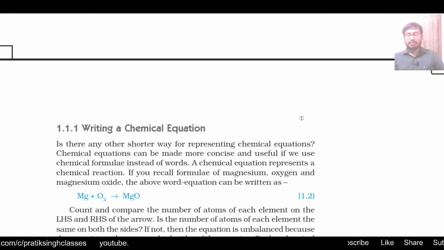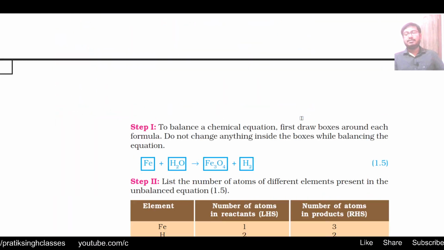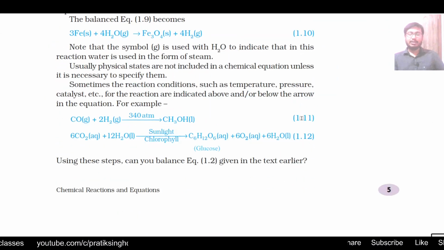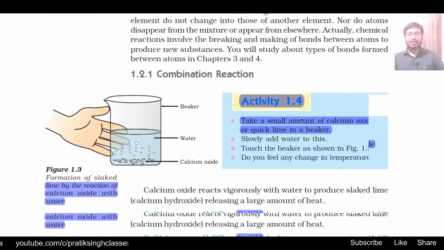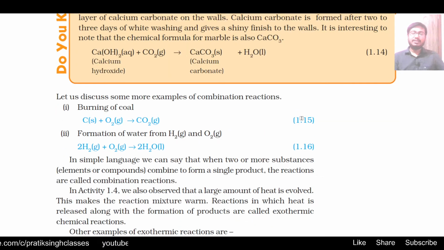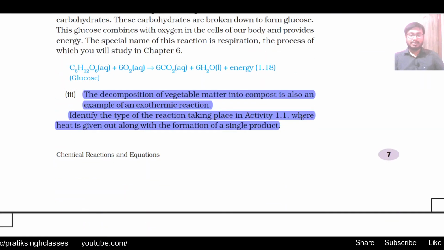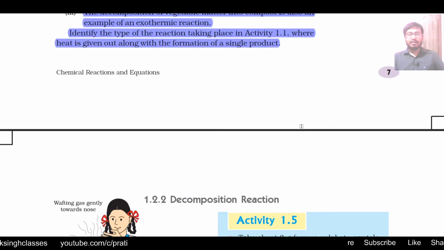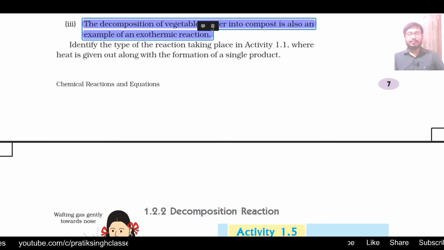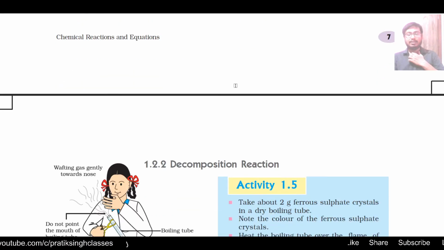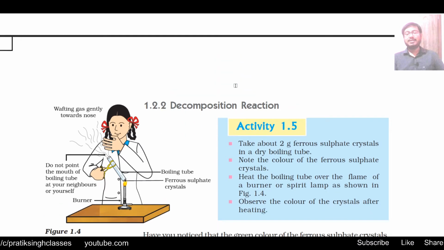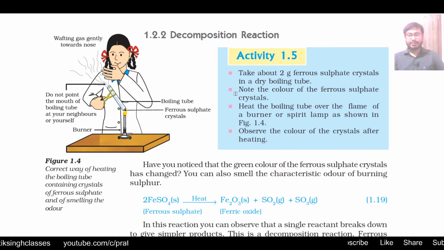So now you have understood very well what a combination reaction is, what an exothermic reaction is, and what an endothermic reaction is. About endothermic reactions, I have only given you examples; we haven't seen them in the book. Then in our previous video we also studied how to balance a chemical reaction. Now moving forward, that is the decomposition reaction. Decomposition means breaking down. That means one reactant decomposes or breaks down into two or more products.